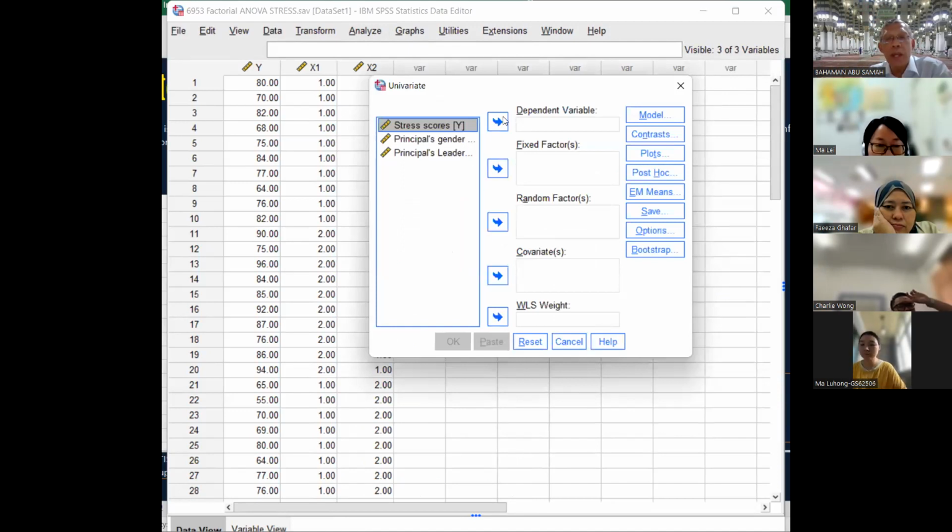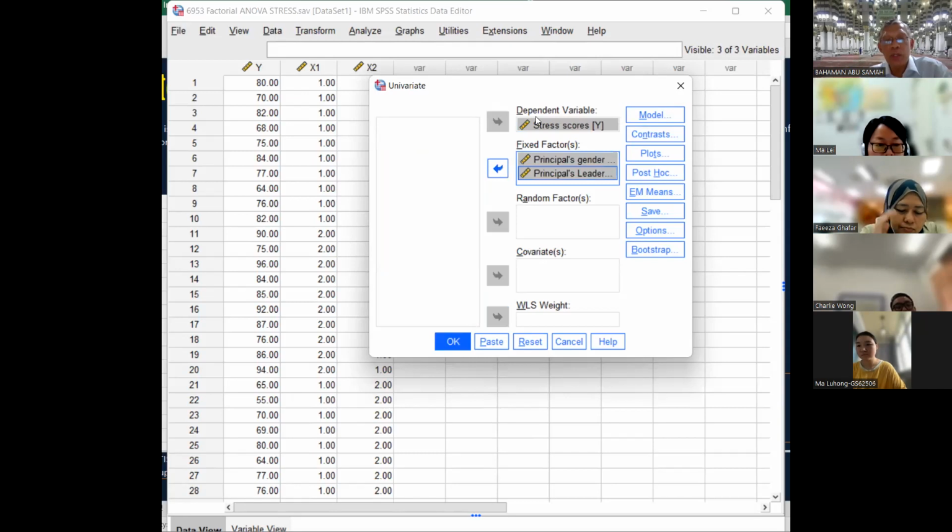Enter Y into the dependent variable box on the right. Enter X1 and X2 into the fixed factor box on the right. So for the three variables, we enter the Y on top, and then X1 and X2 for the fixed factor, and then click on